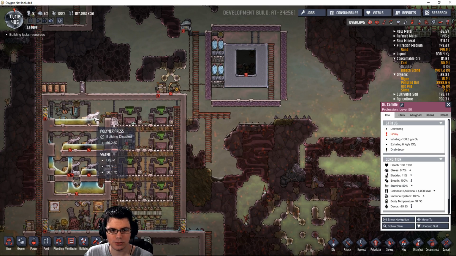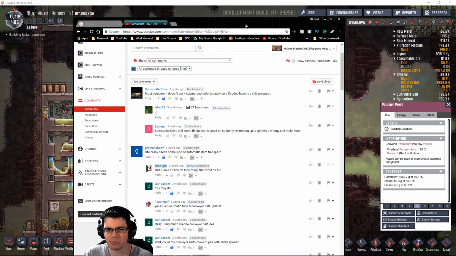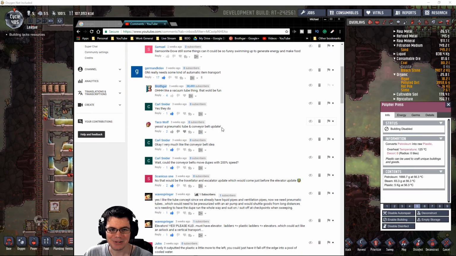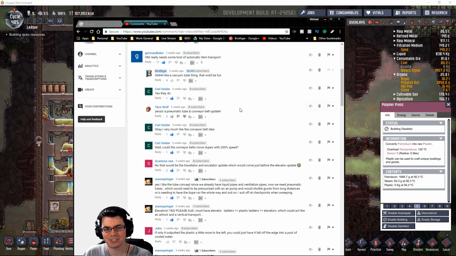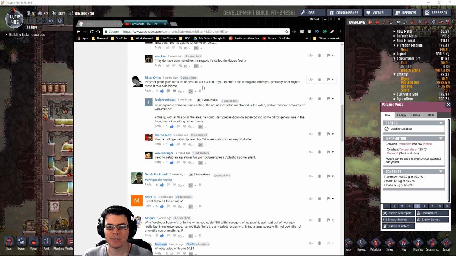Now, the things that I want to cool here are these polymer presses, and I want to see how well this works. One of the topics we had in the last video, it was a while ago, it's been 3 weeks since we've actually visited this base, was a comment, and a lot of other people were echoing the same sort of thing. Bitter Cynic says, polymer presses put out a lot of heat, really a lot. If you tend to run it for a long time, you really might just want to put this in a